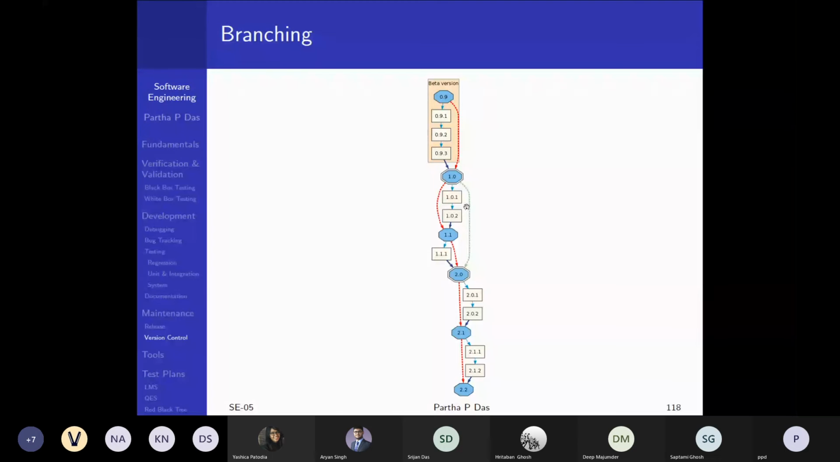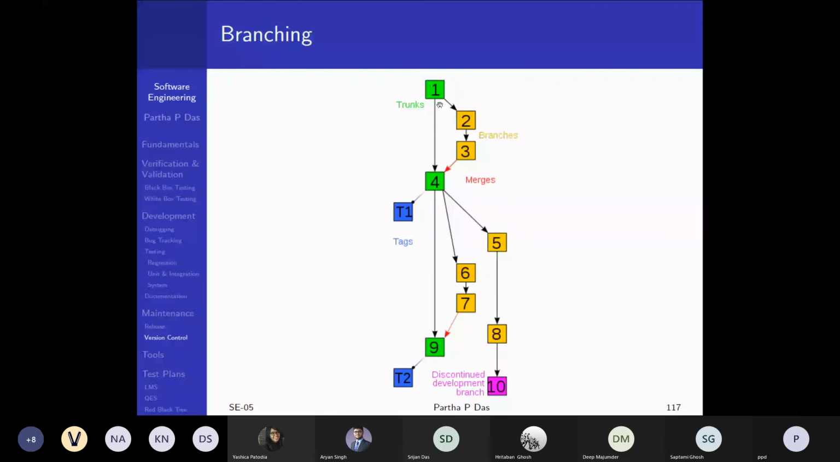So any branch that emanates from another branch, the source branch is called the parent branch, and the other branch is called the child branch. And by trunk, I'm going back one slide. By trunk, you mean the branch which does not have a parent, quite obviously. So this is branching, this is merging, and when you decide to discontinue, you stop here, and this typically is